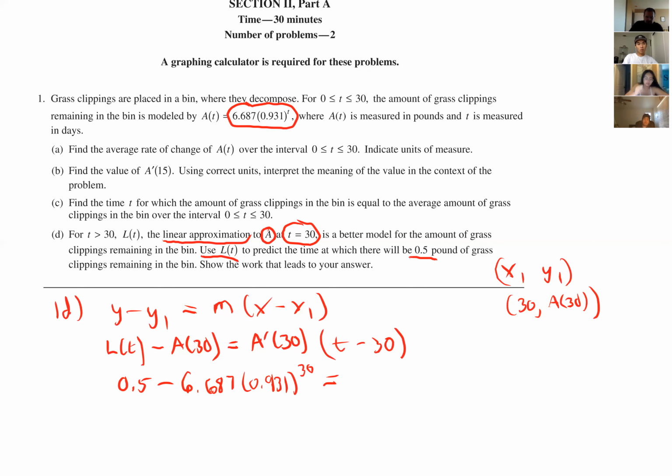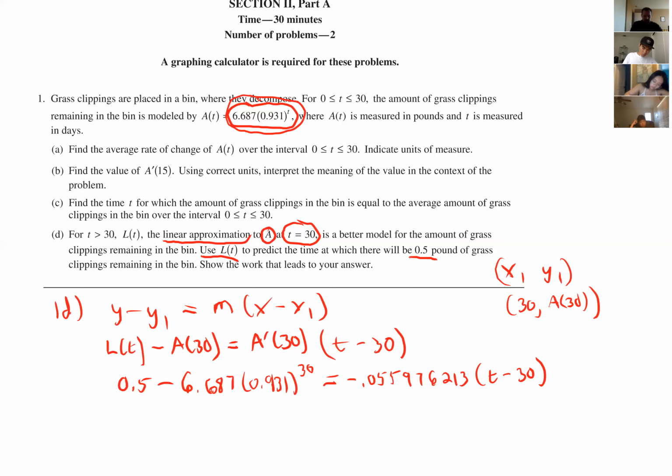So you would, on your calculator, you guys remember math 8? So you'd calculate the slope of this, the derivative of this at 30. And then that's going to be, using your calculator, 559.76213, and then t minus 30. And then from here,